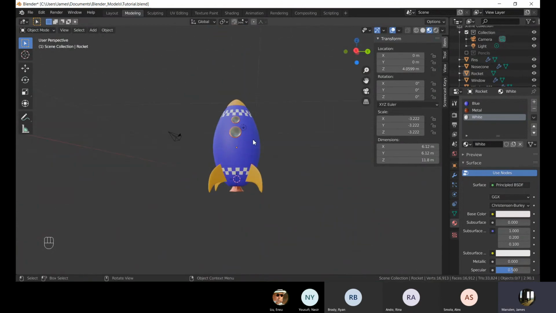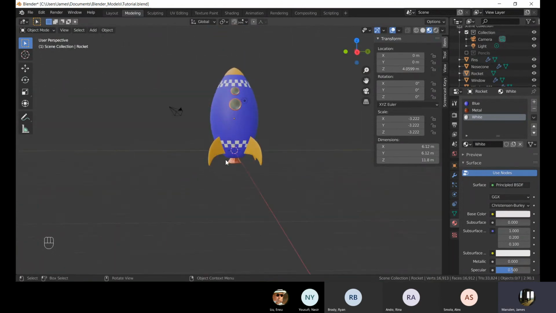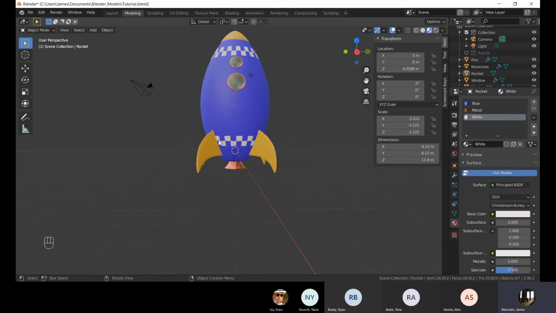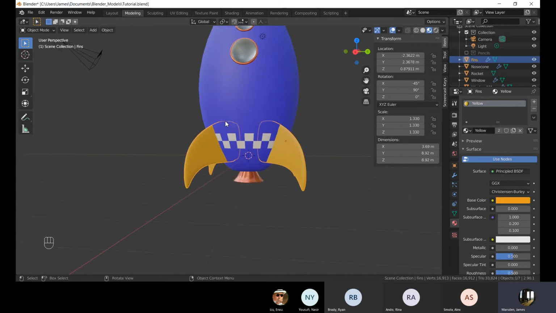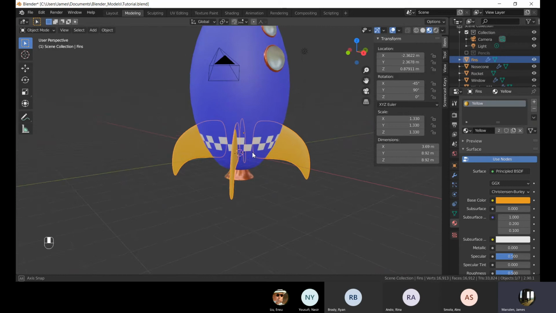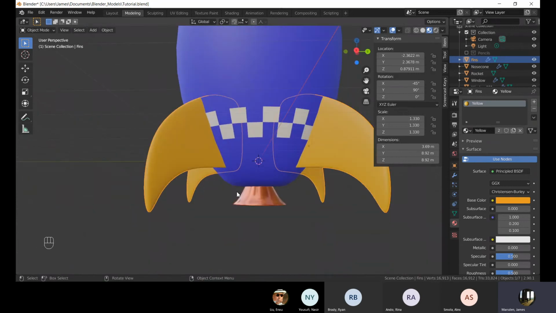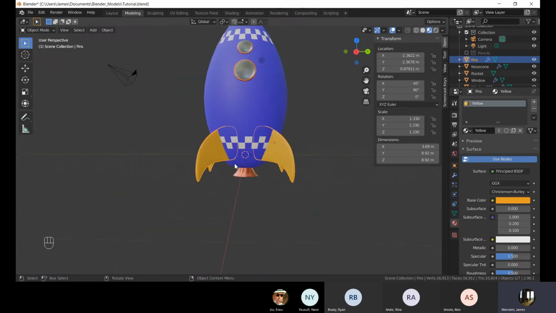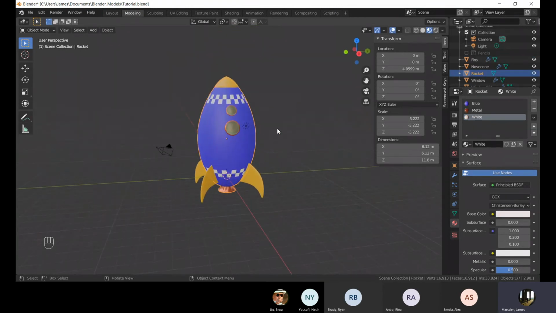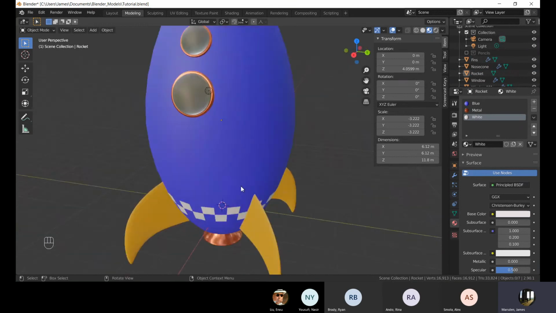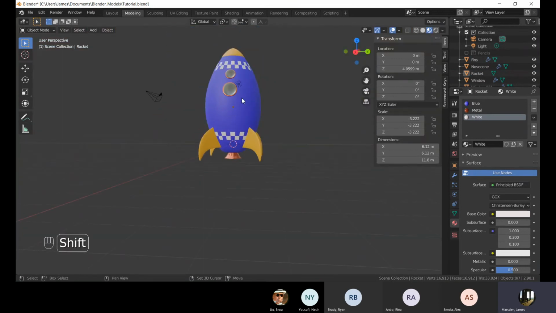So, to recap what we've done: we've learned how to use the knowledge from previous with our pencils to make a slightly more complicated shape. We've learned about the mirror modifier, so we can copy our fins, and it'll track it. If we move this, it will properly update all the mirroring. We've learned how to make materials and to change them, and about the basic properties of materials like metallic and